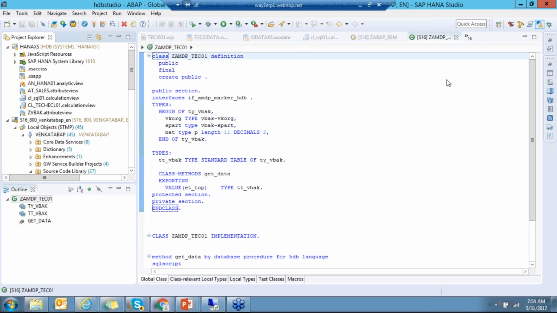In the sidecar, there is no migration. It is only SLT, where the data gets replicated. SLT is System Landscape Transformation, from the R3 DB to the HANA DB. That is SLT. From the HANA DB, you are accessing with application programming, ABAP. If you are accessing the HANA DB that way, that is ADBC. Clear?